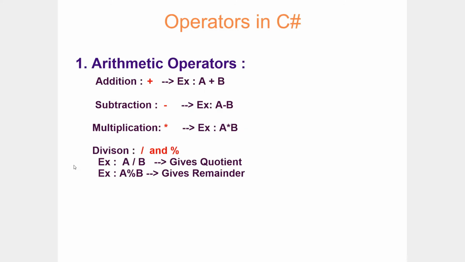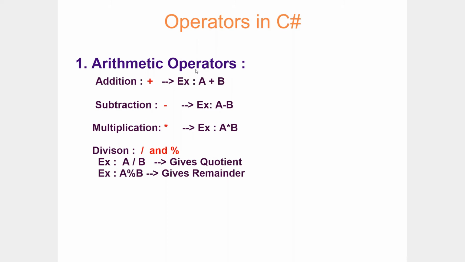When we talk about operators in C#, we have different types of commands provided in C# to perform different types of mathematical operations. The command is called an operator. C# has provided different types of operator support. If you look into that, the first and important operator is going to be arithmetic operators. Basically, when you talk about arithmetic operators, they are used to perform all types of arithmetic operations.